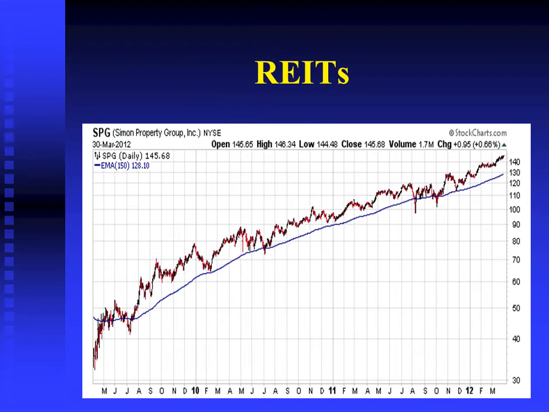Another sector that does well when the economy is weak because interest rates are low is the REITs. They offer high dividends, and of course low interest rates give companies the opportunity to go out and buy attractive real estate. Again, here the same picture. Look at the 150-day moving average going steadily higher, and look at the price of the stock staying steadily above the 150-day moving average. Low volatility, an excellent investment in the last 3-4 years.